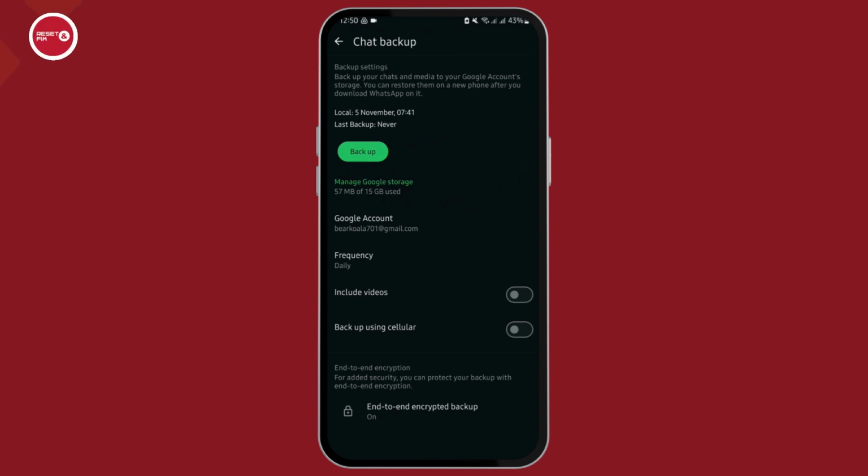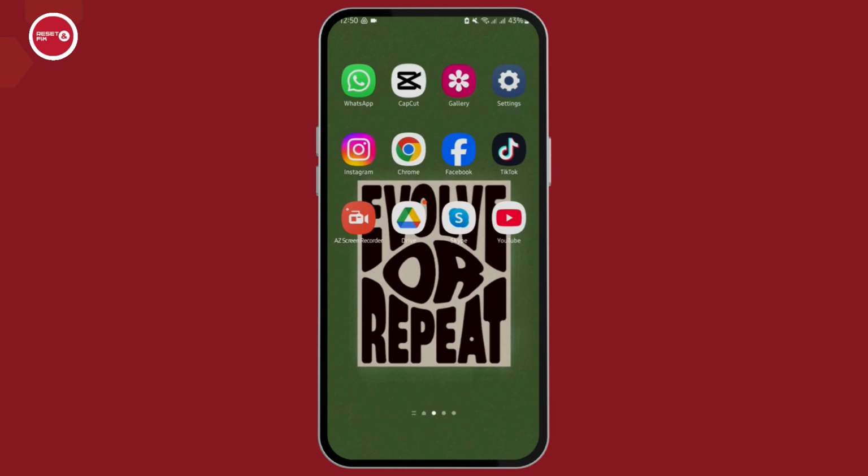You can also choose your Google account. This is your current Google account. If this Google account is not working, you can go ahead and tap onto it and select from the various Google accounts and back it up on that Google account. And once you do all that, that will